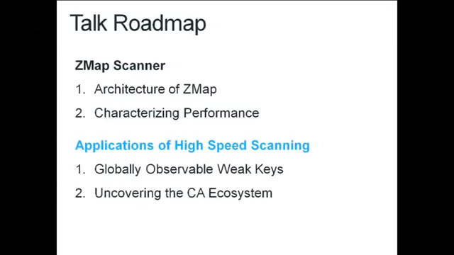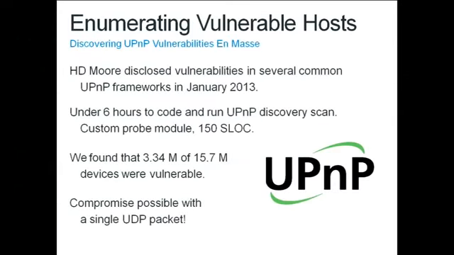All right, so let me talk about a few applications, a few of the fun things that we've done. Let me start with a really fun one. One thing you can use internet-wide scanning for is finding things that are vulnerable, at really, really big scale, at internet-wide scale. This is important from a white hat perspective because we want to know the impact of a problem that's been announced, or maybe we want to know before we go public with a vulnerability how big the impact is going to be. Maybe this will help make a case to the manufacturer that they need to get their patch out now.